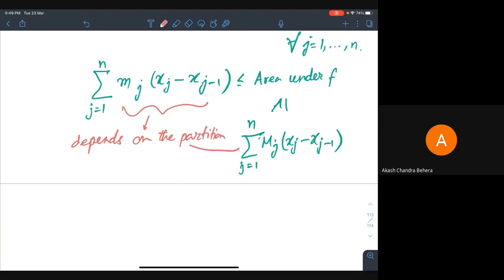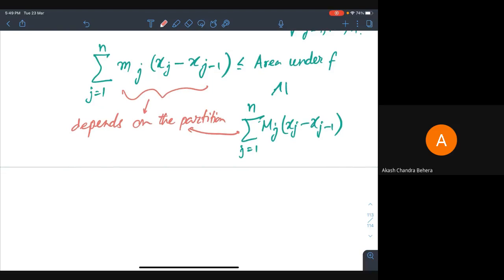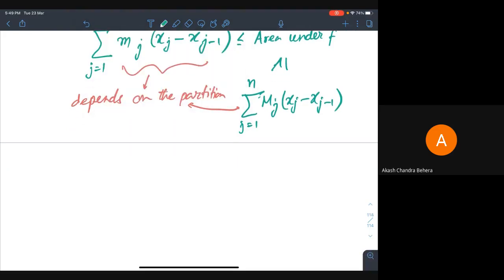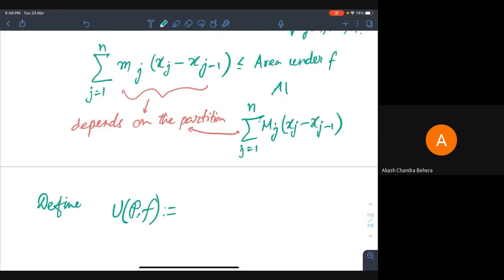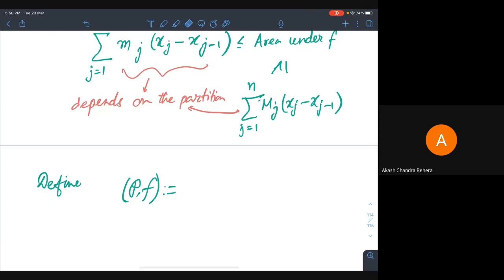This also depends on partition, right? This also depends on partition. So therefore we name it. So define U_P f to be this sum. Sorry, L_P f to be this sum, j from 1 to n, P is the partition,